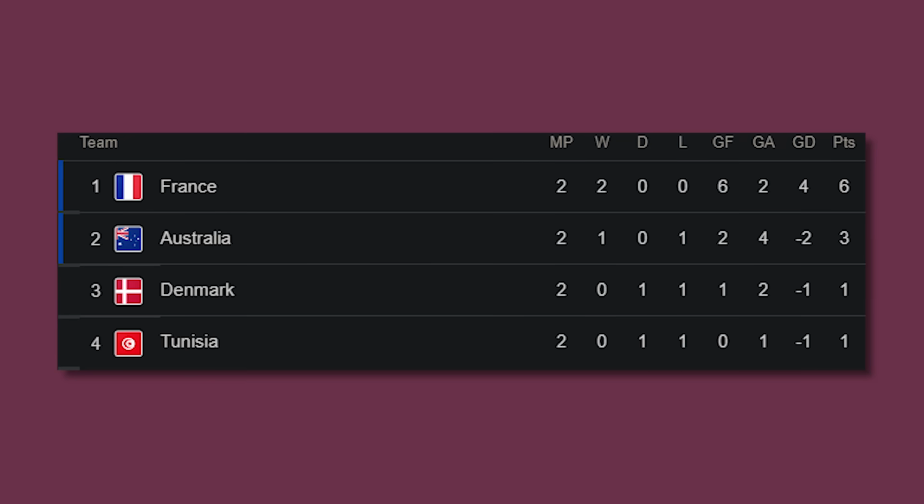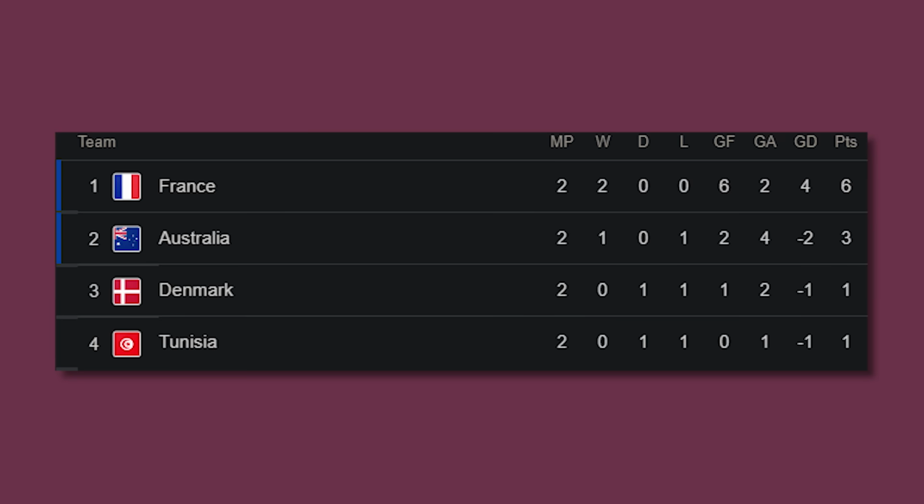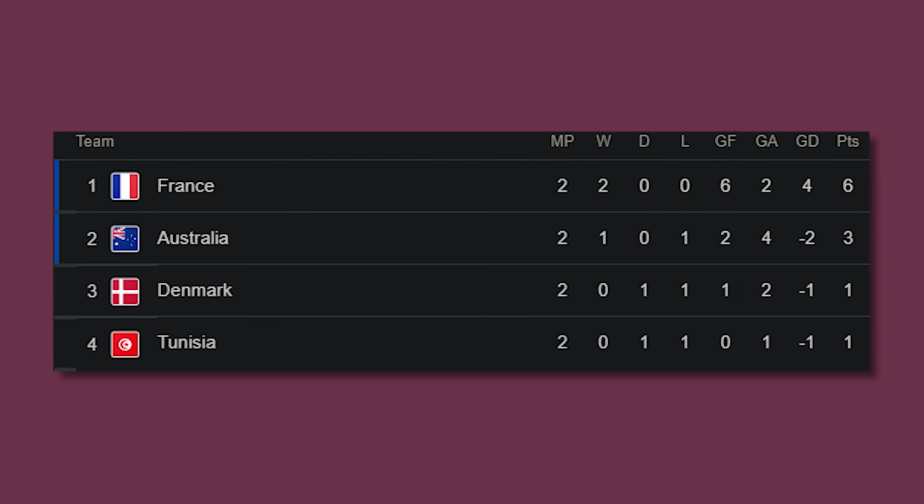Group D, after 2 games, has the French in a prime position to win the group. Australia are surprising everyone and proving they actually do belong in the tournament. If they manage a win or draw in their last match against the Danish, they're into the next round. Denmark have not been the dark horses everyone expected them to be, but a win saves them from the well of elimination. Tunisia are still in the running, but they have to beat the French and hope Australia and Denmark